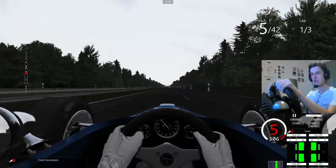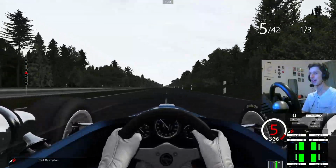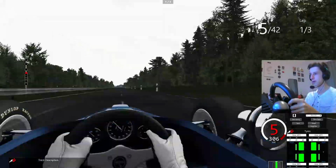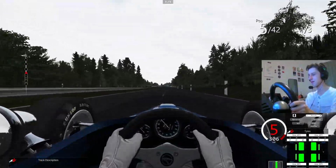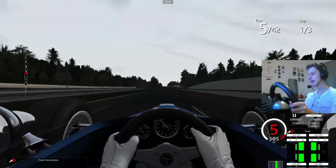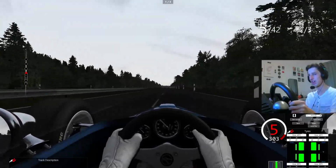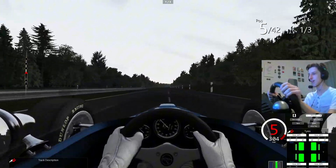We should be catching up to these guys, I would hope, but us being cautious in that braking zone has cost us a position or 2. Realistically only 1, because we were alongside, going side by side in the chicane, in the braking zone with the other Matra, so really only losing 1 place. But we are dropping back from the 2 cars in 4th and 3rd, but the real challenge is yet to come, as once we